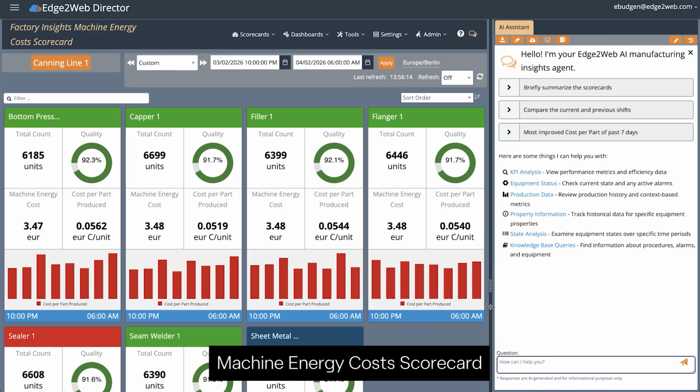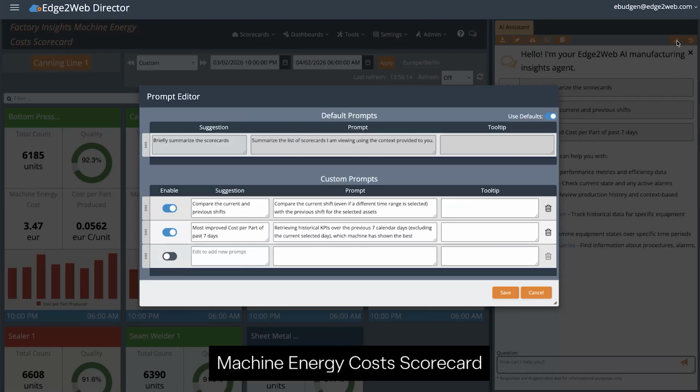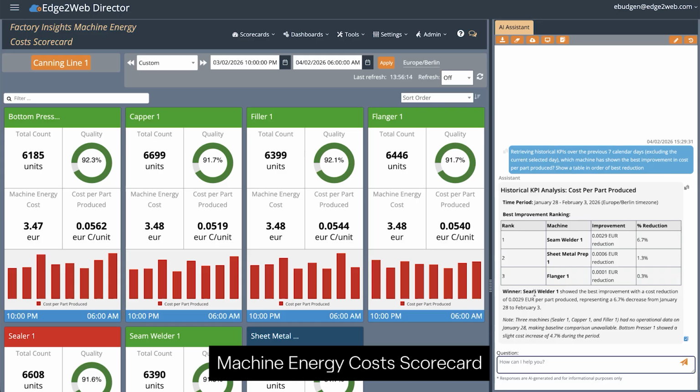All scorecards and dashboards can have Gen AI services available. Authorized users build and publish prompts that can be added to the application pages. User tools are provided to prompt designers to build, review, and refine the published prompts and load documents to the associated knowledge base. Here, I've run the prompt to tell me the most improved cost per part over the last